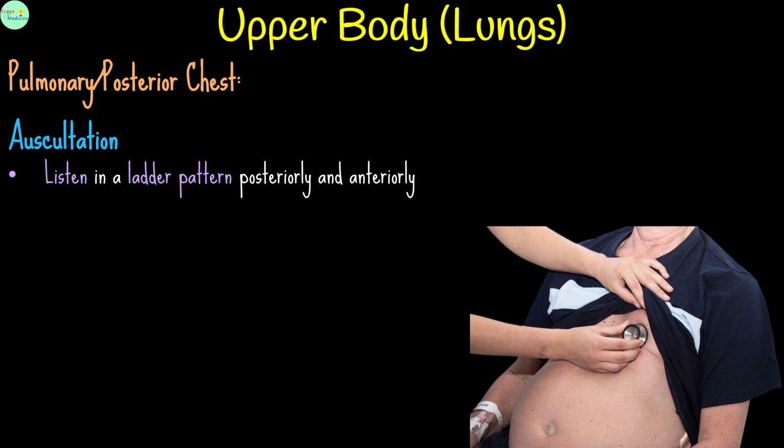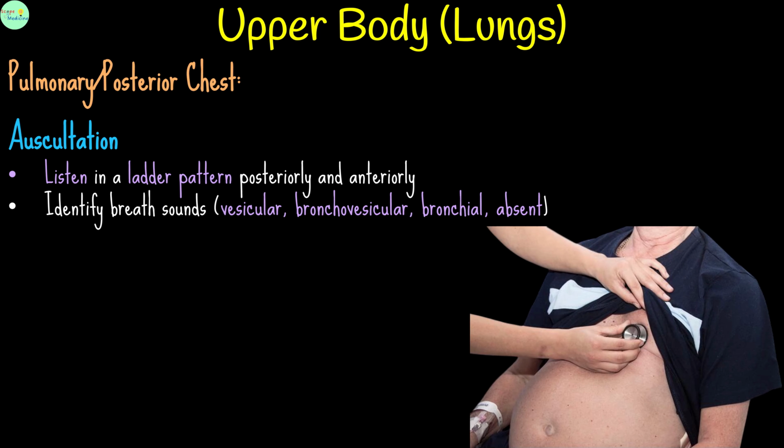Finally, auscultate the lung fields. Listen in a systematic pattern, comparing symmetric points on the back and front. Identify the quality of the breath sounds. Are they the normal, soft rustling sounds, or are they harsher, tubular sounds heard over areas of pneumonia, or are